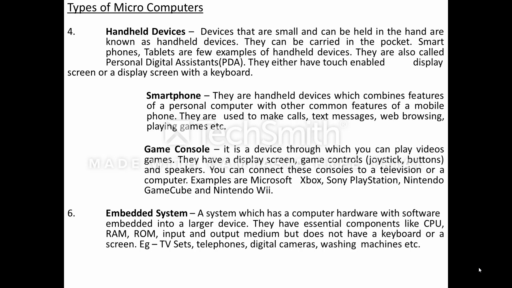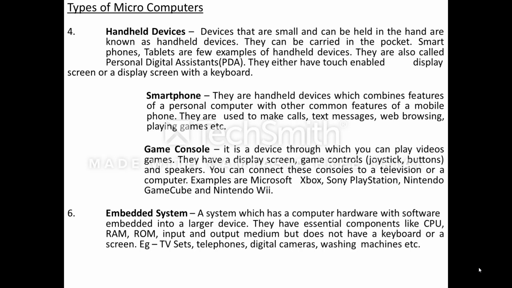I'll give you a small example. All of you must be having an automatic washing machine at home, right? Now, how does it work? You provide a few instructions to the machine from the panel on top, like for how much time the machine should run, how much water level should be there, right? And do you want to wash the clothes, then rinse the clothes and then dry them, or you just want to rinse the clothes and then dry, or you just want to dry the clothes? Whatever instruction you give to it, it will run accordingly.